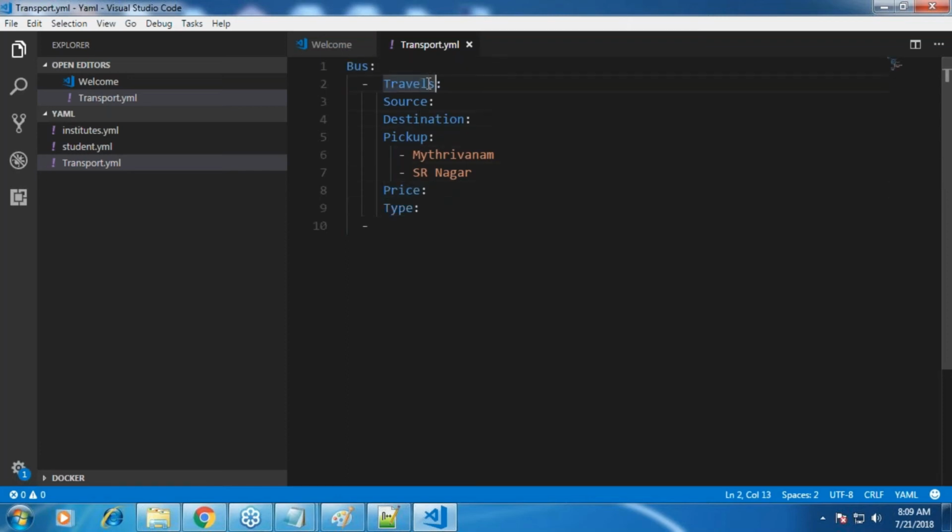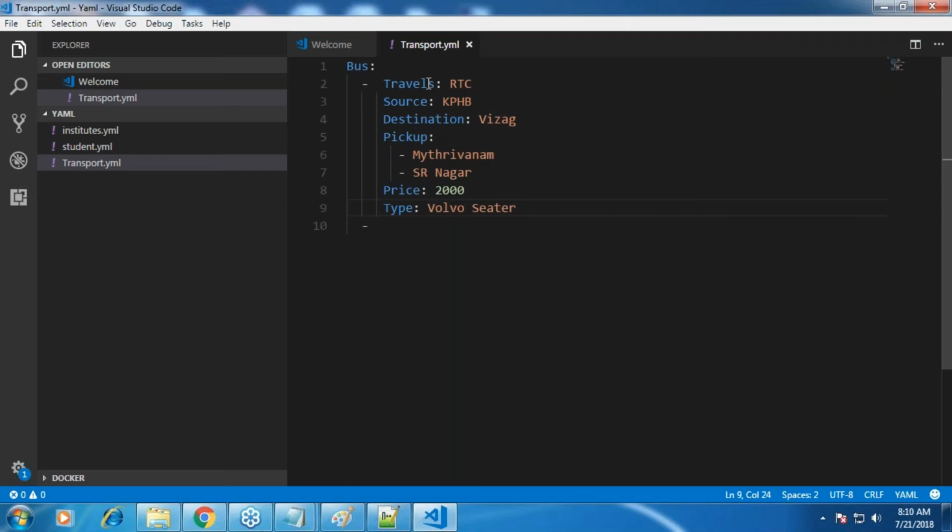So travels. Let us assume RTC. Source is KPHB. Destination is Vizag, right? Price, okay. Type Volvo or seater or whatever you call it.